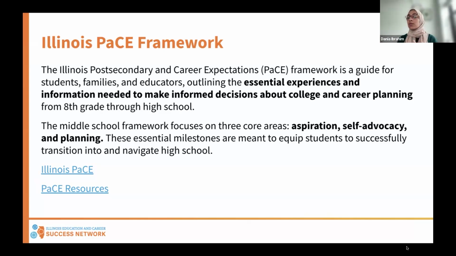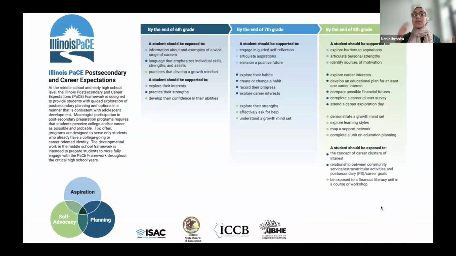And it focuses on these really core areas, again, going back to this idea of identity and helping students explore, focuses on these three core areas, which are aspiration, self-advocacy, and planning. And it helps put those things into a series of milestones of what students can be doing at the end of each grade year. And the kinds of things that exist in the PACE framework are things like knowing about